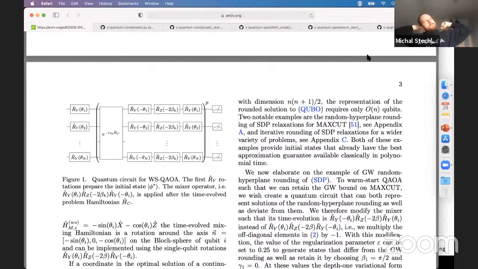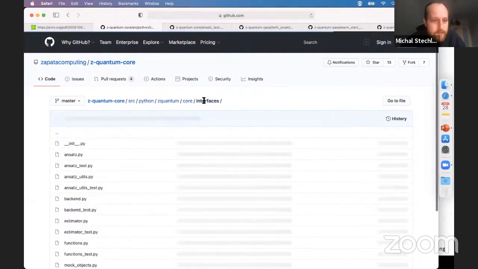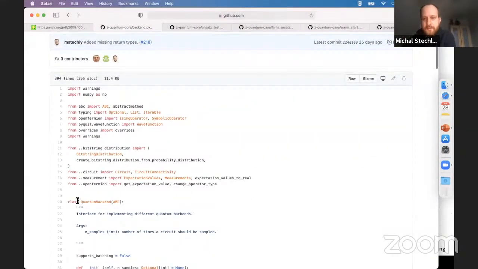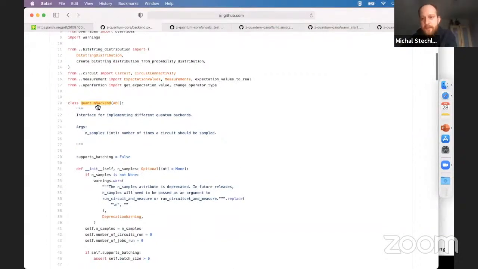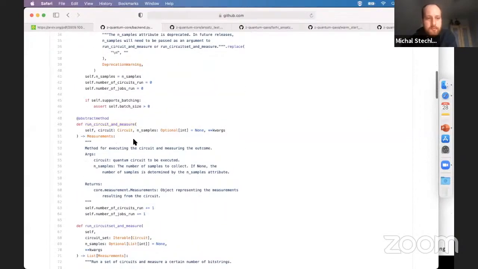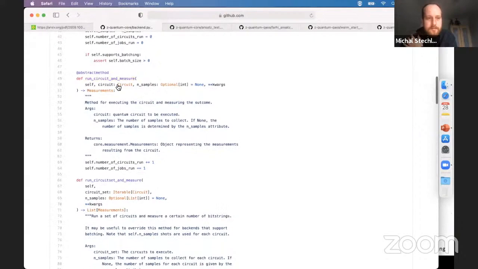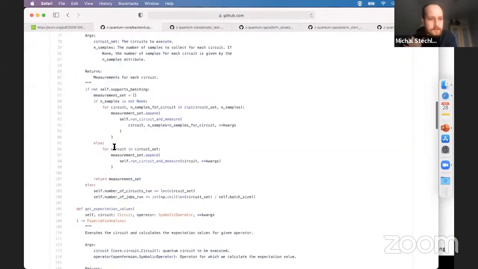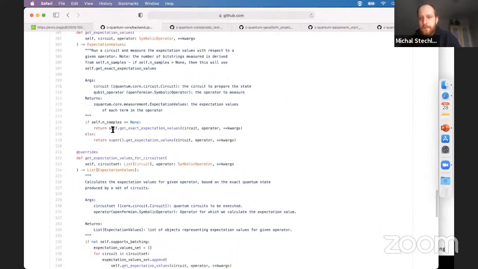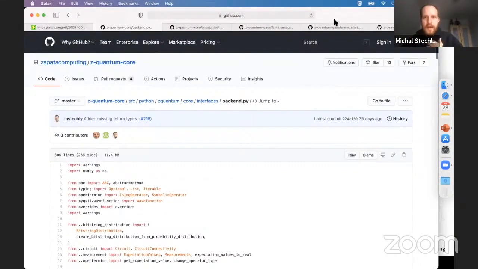So on one hand, the way we write software to make it device independent is that we have, again, an interface, an abstract class called Quantum Backend, and any integration that we have uses the same interface. So we have run circuit and measure, and we have get expectation values, and for the quantum simulator we have get wave function, and so on. So we have a couple of methods that are